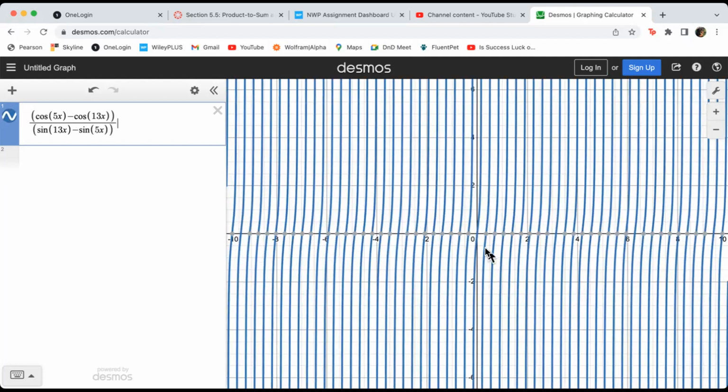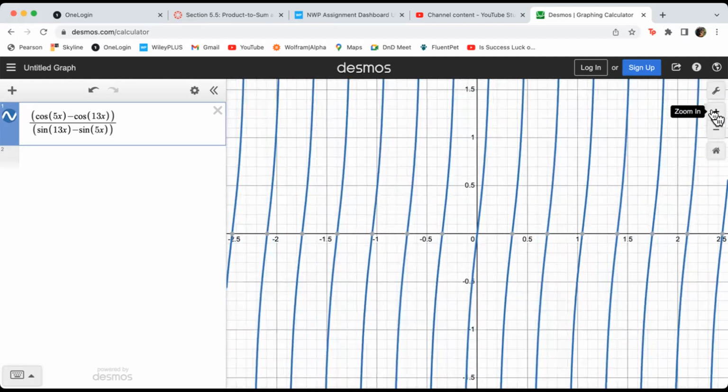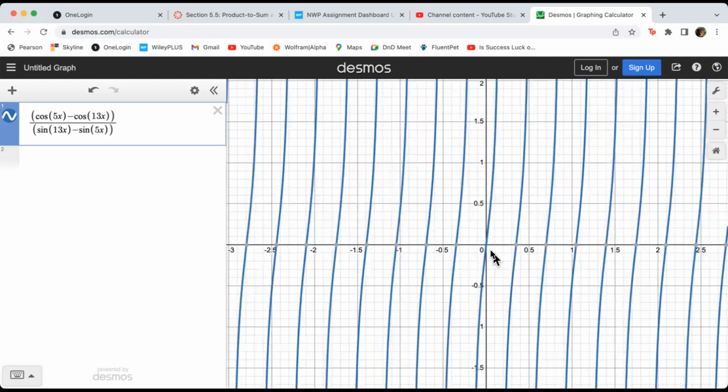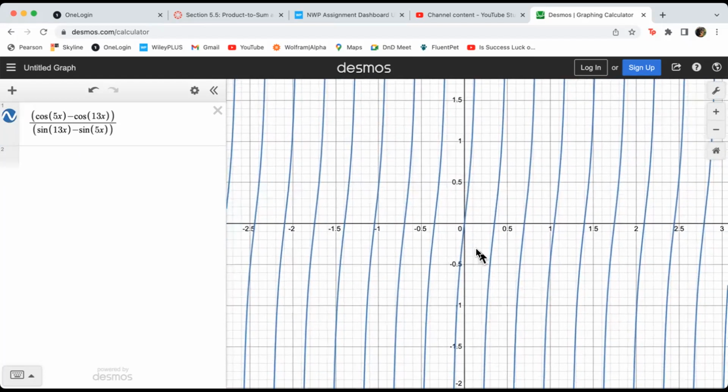So once we look at the graph, it looks like a bunch of vertical lines, but we see that around the x-axis it's got a little bit of bend in it. So when we look at the graph, it looks like a tangent graph or a cotangent graph. Now that we've got that in mind,